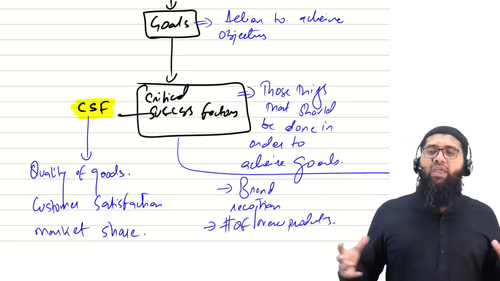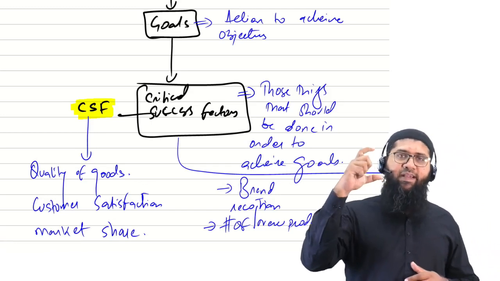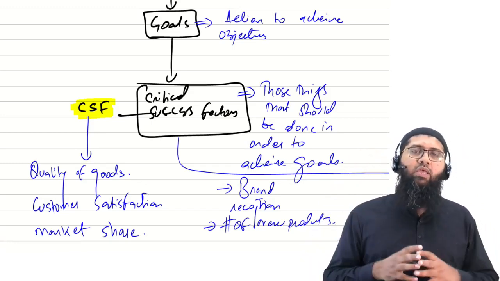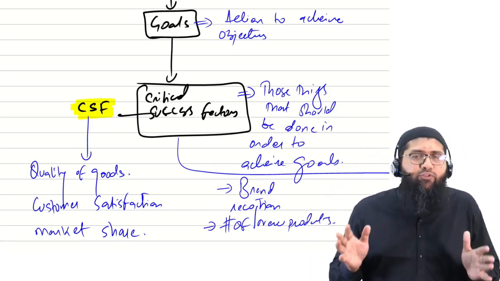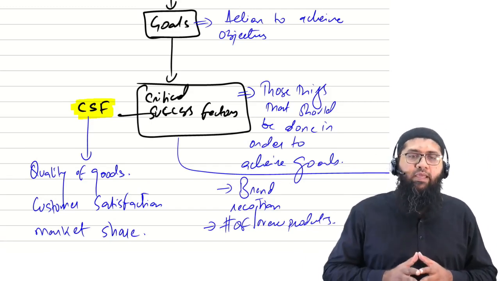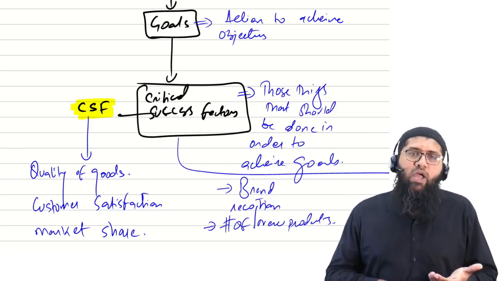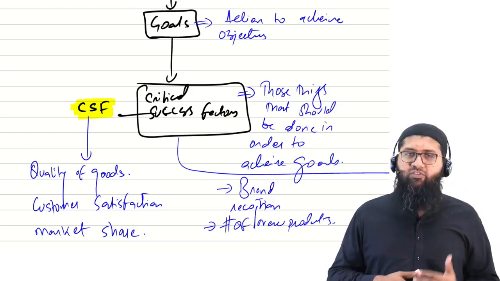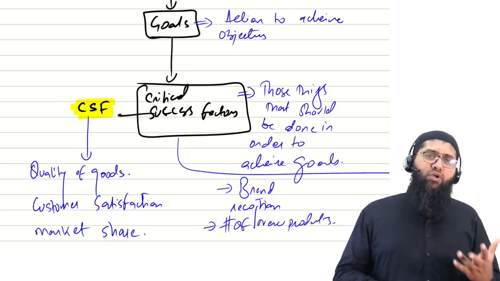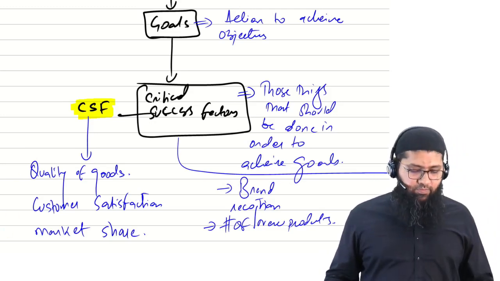From the perspective of the APM, this critical success factor is a very important terminology which you got to understand. And what you need to understand with respect to it is that these are the things that you must do as an entity to be able to achieve your mission. Now,